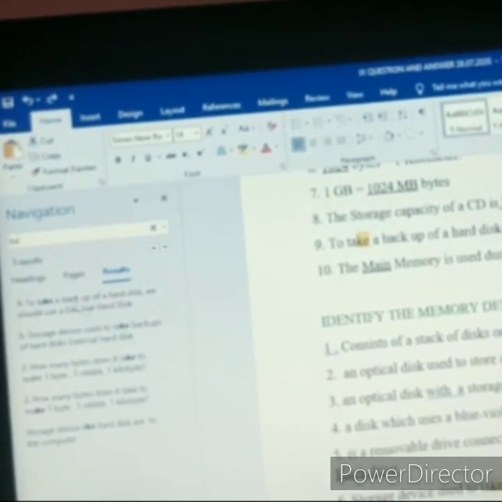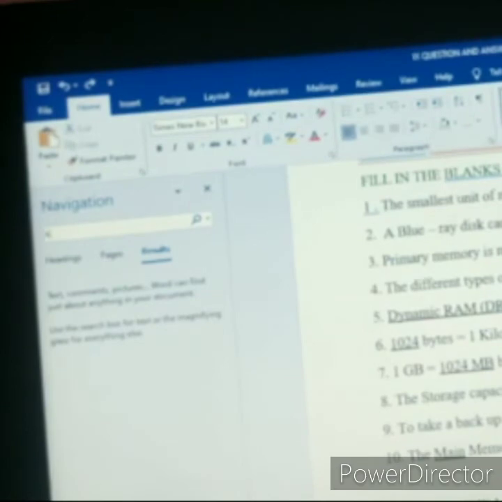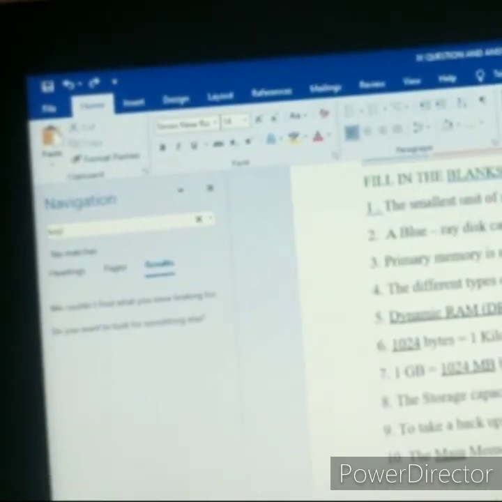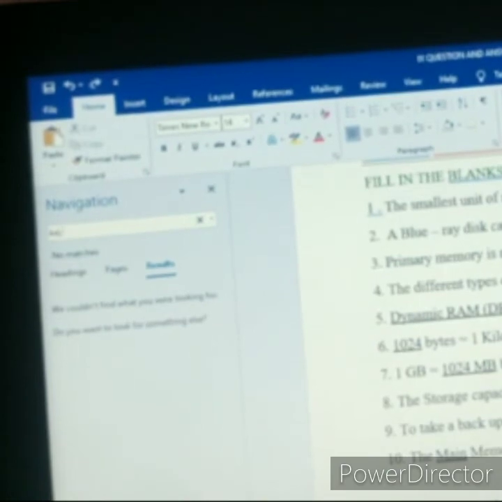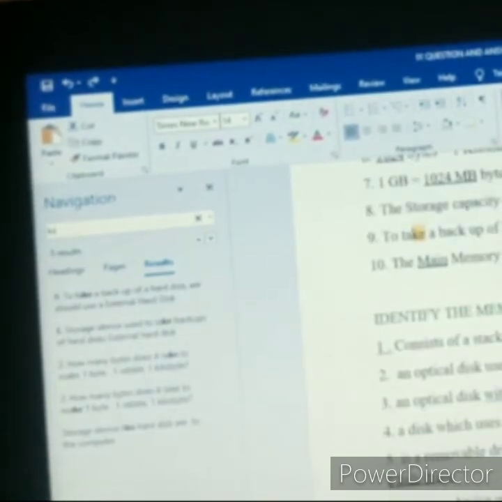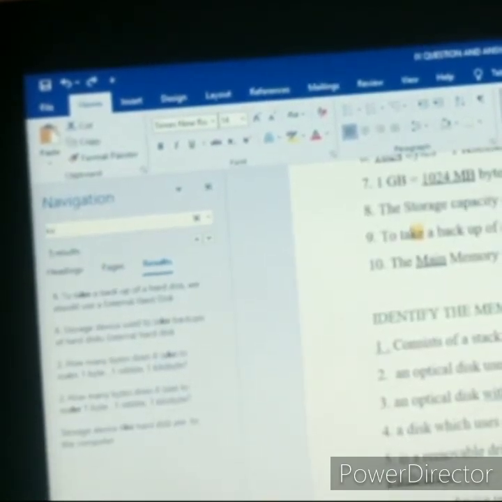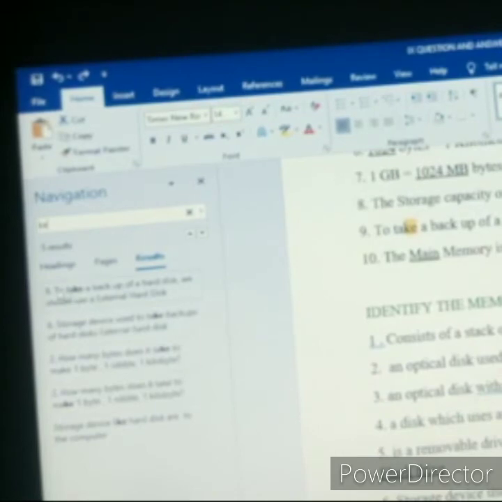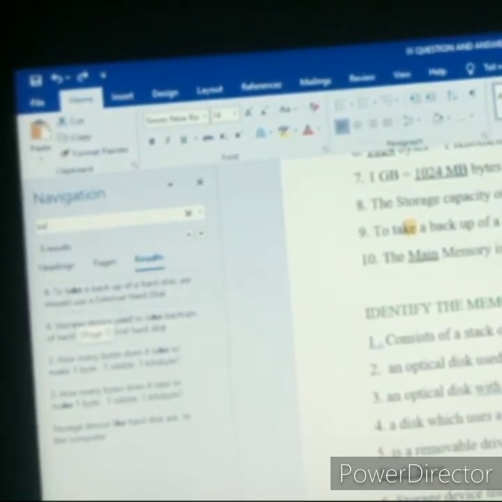There is no such key in this document, so it will not come. So I just type KE. See here, these are all the results I have searched. To take a backup of your hard disk, we should use the external hard disk. So here is the result of the find.